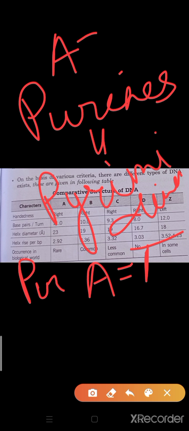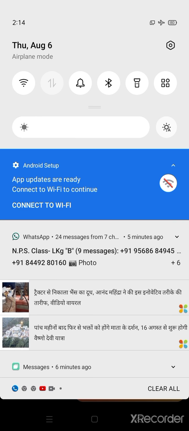If I am telling you about the purines, they are adenine and thymine. The composition of adenine in DNA is just equal to thymine. This is an equal sign. Don't compare it with the A double bond with T, this is the hydrogen bond. So according to this,